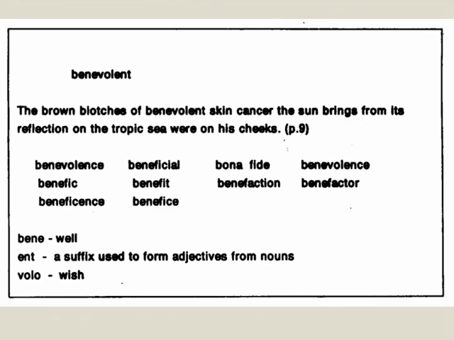Here's some deep word study at the upper level of the derivational relations stage, where the student found the word benevolent, a difficult word for that child, and the student wrote down the sentence it came from. And then as a class activity, we looked at the different words that have B-E-N-E in them, and then we discovered that B-E-N-E means well, and we looked at different languages in which that is the case. We looked at ENT and saw that it was a suffix